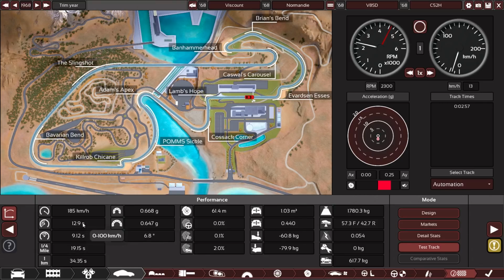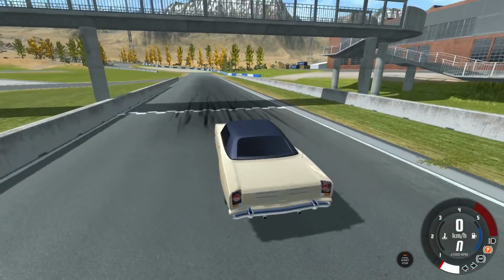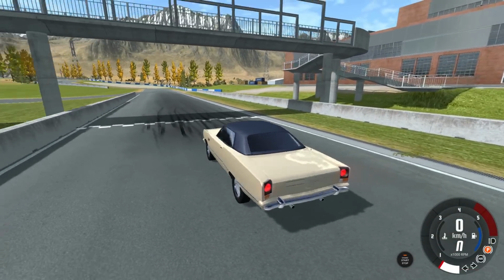12.90 to 100. Yeah, this isn't fast, is it? Nice and quiet though. Yeah, once you get it a bit downhill, it actually gets going. 170 kilometers an hour through the slingshot. And going towards the line in 3 minutes, 3 seconds, and 16. And there it is, the Viscount